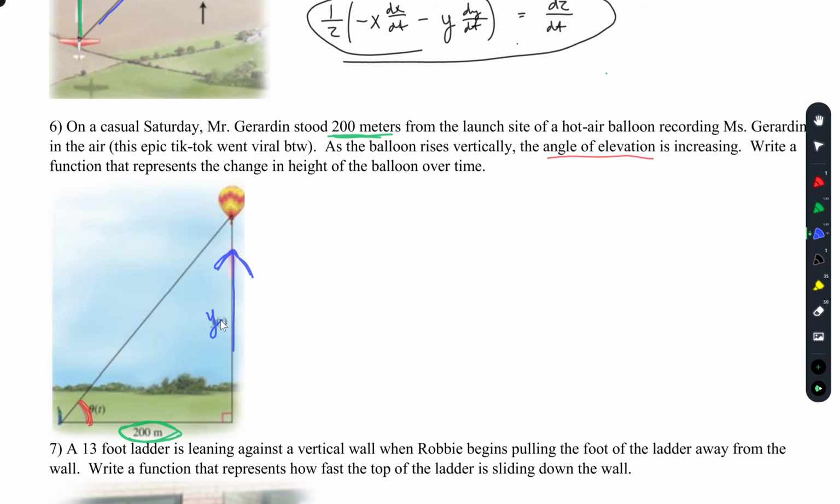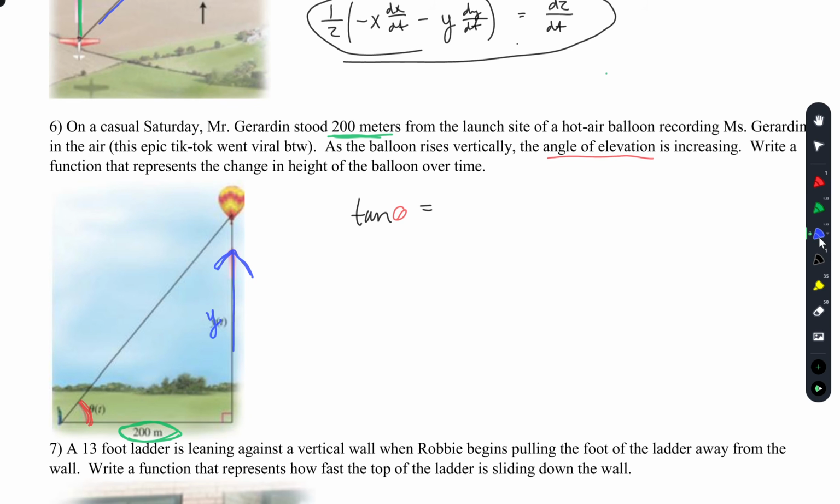Now I have to somehow relate all that. And you just pull this out of your head. Does anybody know how you relate all those things, the red, the blue, and the green? SOHCAHTOA. TOA? Tangent? Tangent relates it all. So that's what's hard, you have to pull that out of your brain. You have to be like, oh, tangent of theta